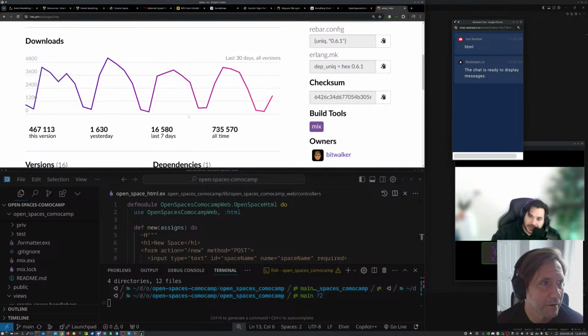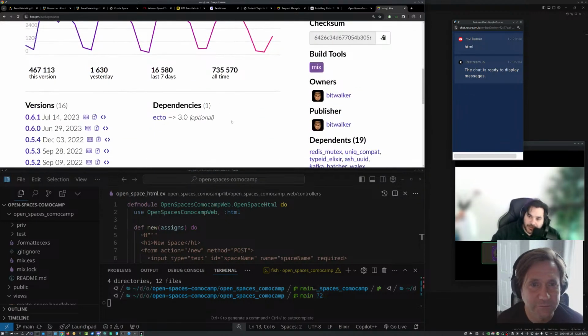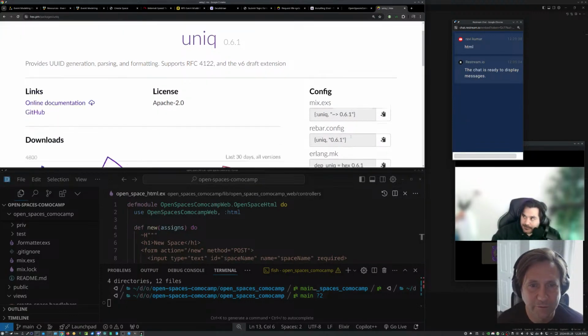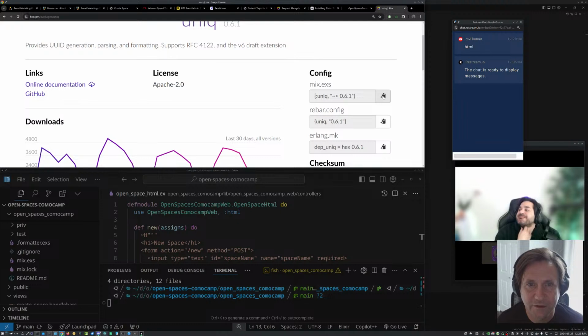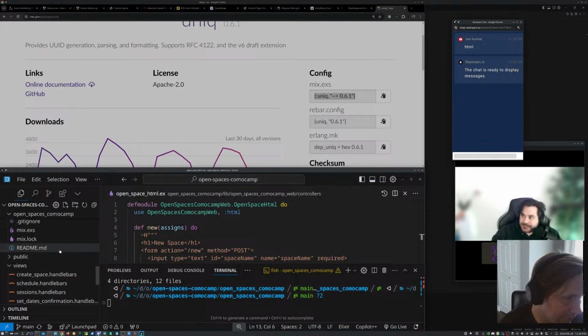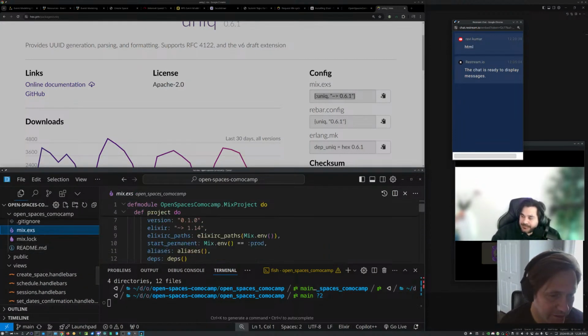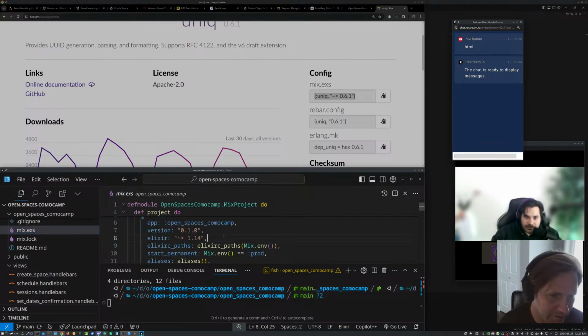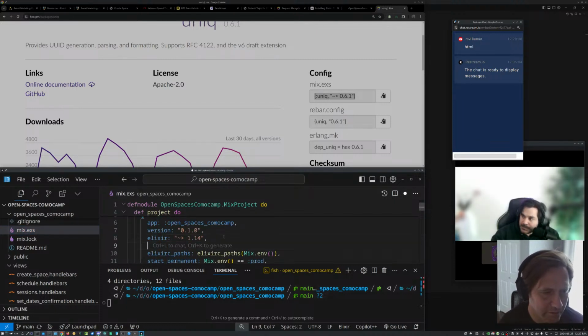So if you click there, all the way at the top, you're gonna find a mix configuration that you could put in your mix file. Oh, here, this guy. So I'll copy this. Then go to mix.ex. And I can just put it down here somewhere, right? It's got Elixir, so I can just do Unique, right?